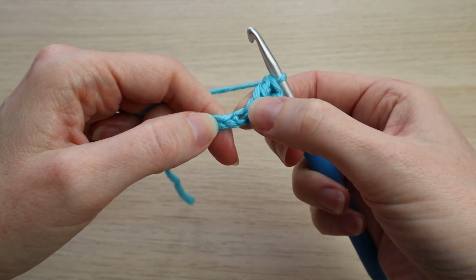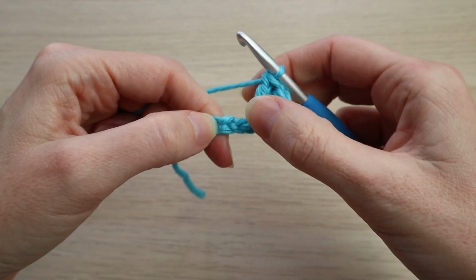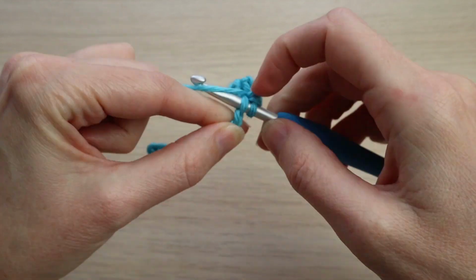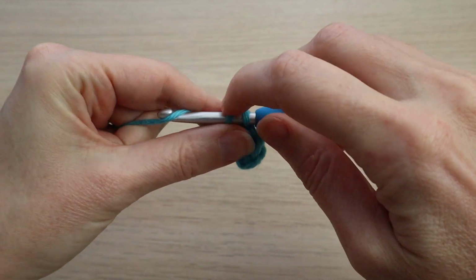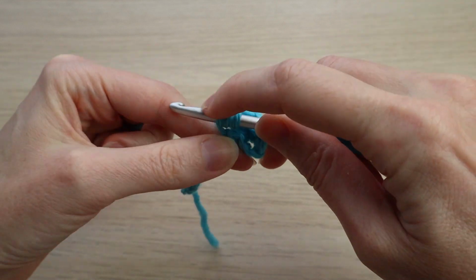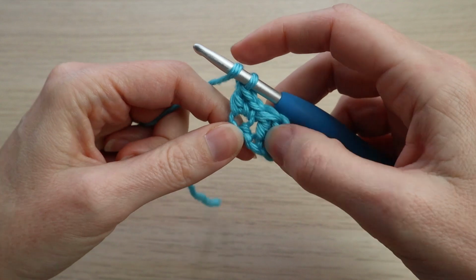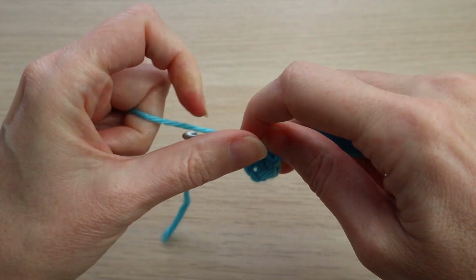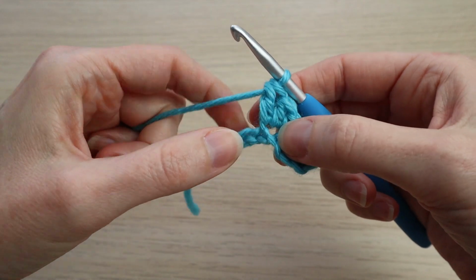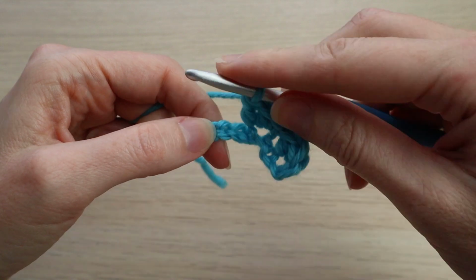Then what we want to do is skip 2 stitches. So we skip 1, skip 2. Then in the next chain, we do the same stitches again. So going to do a single crochet to begin, then 2 double crochet. Pull through 2. Pull through 2 and another one in the same chain. Okay, so all 3 stitches are in the same chain. Then we repeat that again. We skip 2, 1, 2. Then in the next chain,